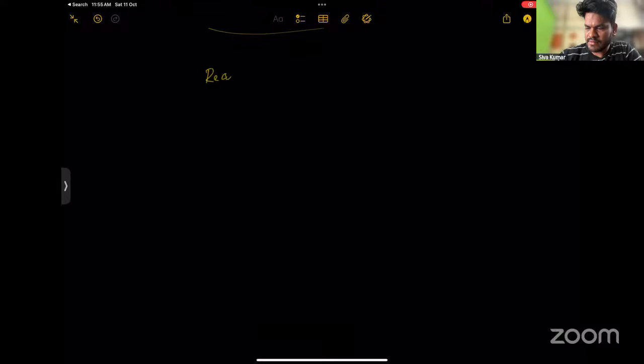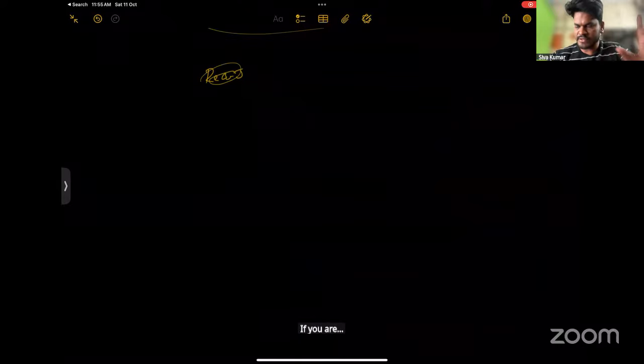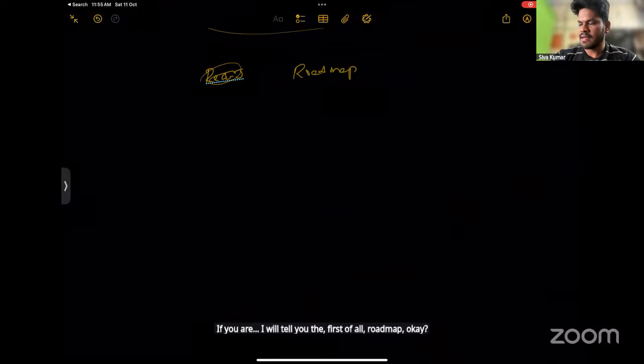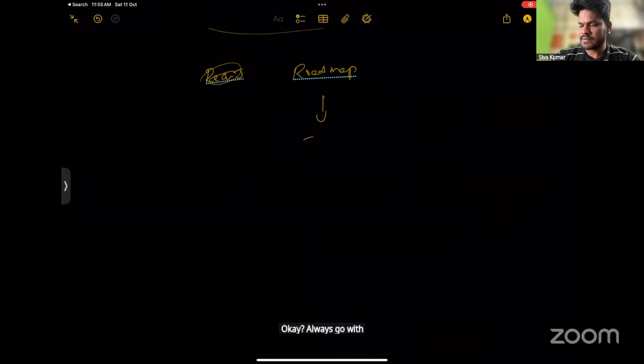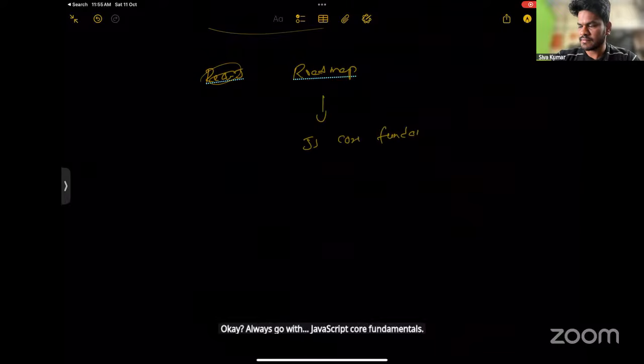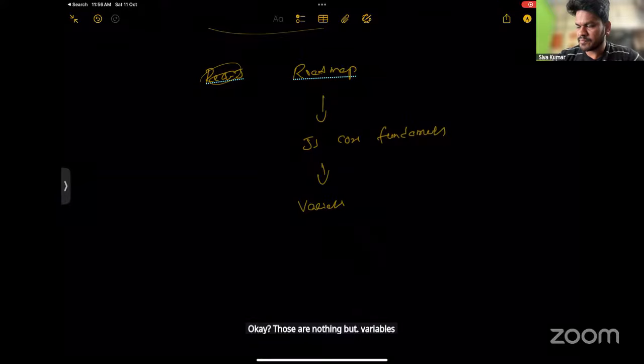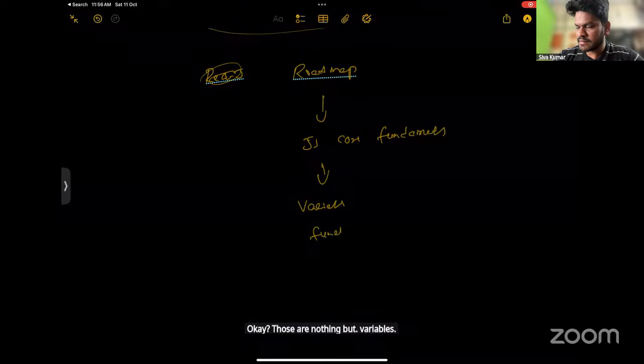I will tell you the roadmap first of all. Always go with JavaScript core fundamentals. Those are nothing but variables, functions.